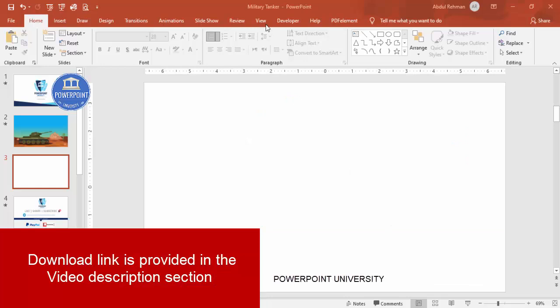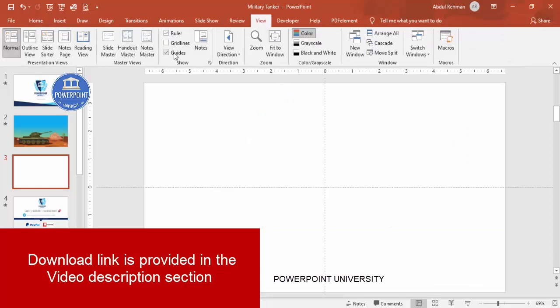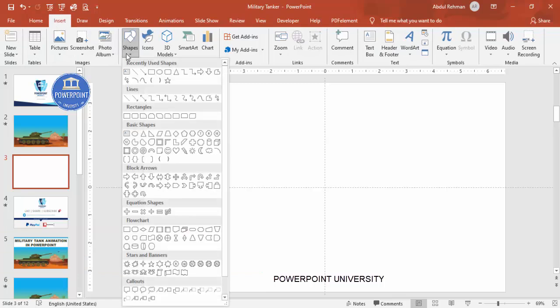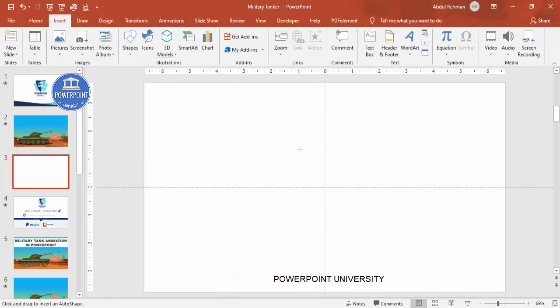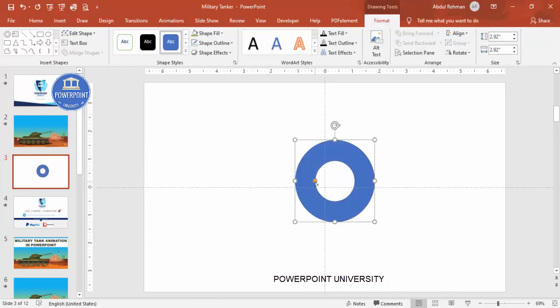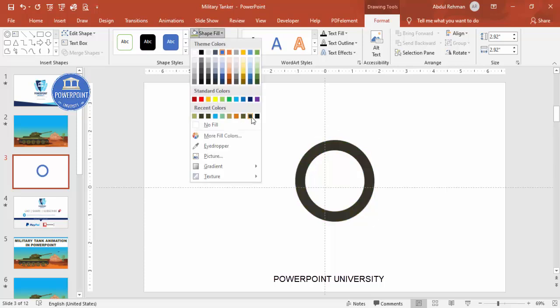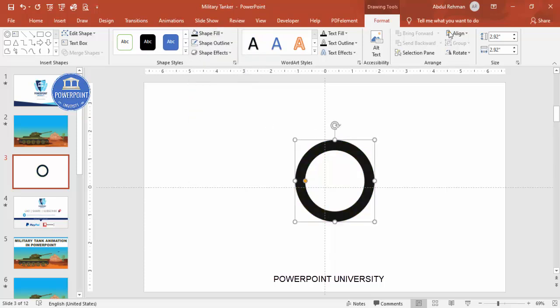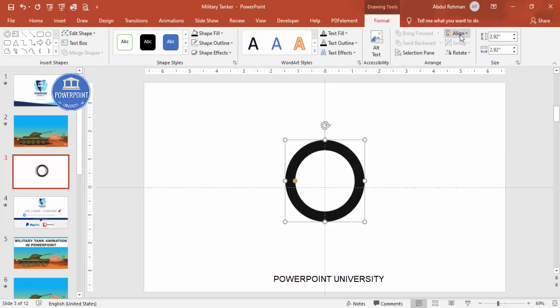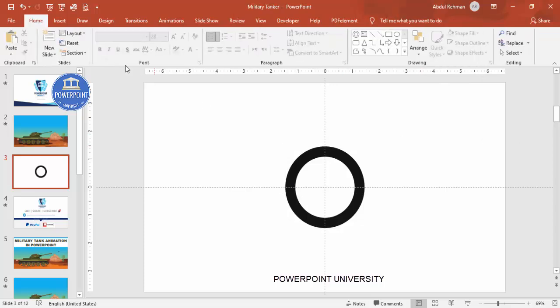Add a new slide, go to view, enable the guides, then go to insert shapes. From the basic shapes, I'm going to choose the circle hollow. Draw the circle hollow by holding the shift key, and you can see this small orange point. Just drag it outside, and shape outline, make it no outline, and shape fill, you can give any dark color here. All right, and then I'm just going to make it align center, align middle,